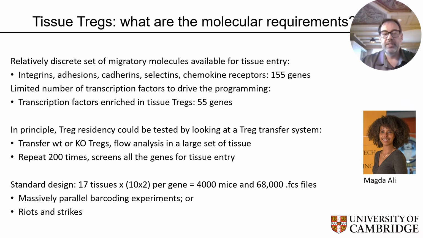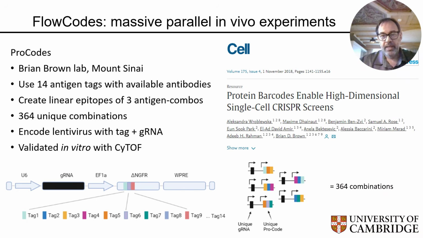If you look at the number of tissues involved, the number of groups involved, you'd need about 4,000 mice and 68,000 flow cytometry files, and it's just not practical to run. Essentially, in order to run this type of experiment, you need to be able to do massively parallel barcoding experiments in vivo. Now, fortunately, we're able to build on the work of Brian Brown's lab, where he developed a system